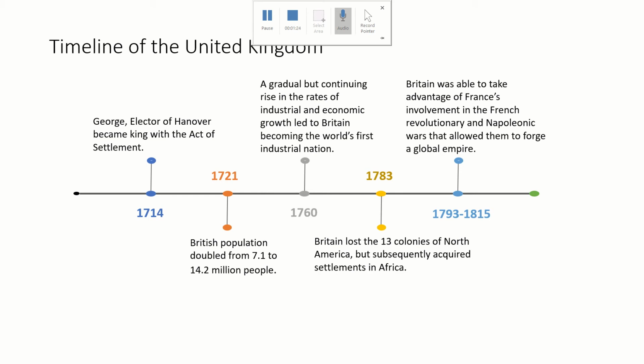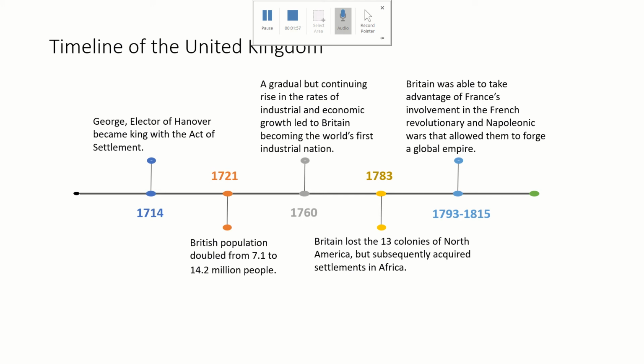Now, speaking on what was taking place in the country a bit before the street's construction, starting off in 1714, under the Act of Settlement, George, Elector of Hanover, became king and demanded members of the monarchy to be Protestant and of the Hanover dynasty he was coming from. This led to two rebellions with Jacobites, which was a rival royal house for the House of Stuart,